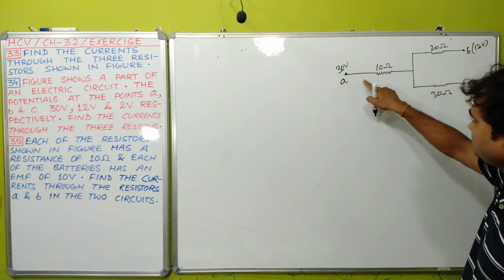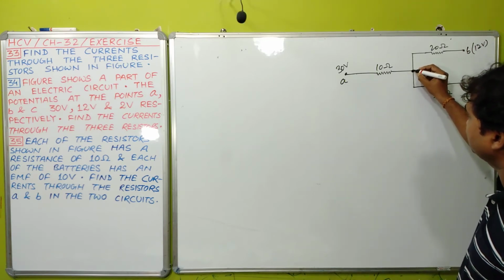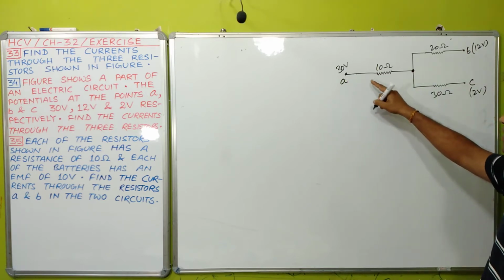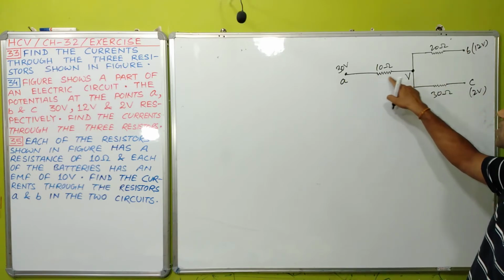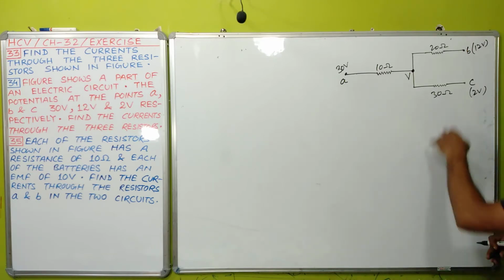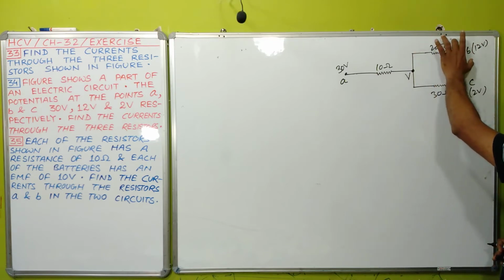Means, for finding the potential difference across this resistance, you will need to know the potential of this point. If the potential at this point is V, then the potential difference across this resistance will be 30 minus V. Similarly, for finding the current through this,